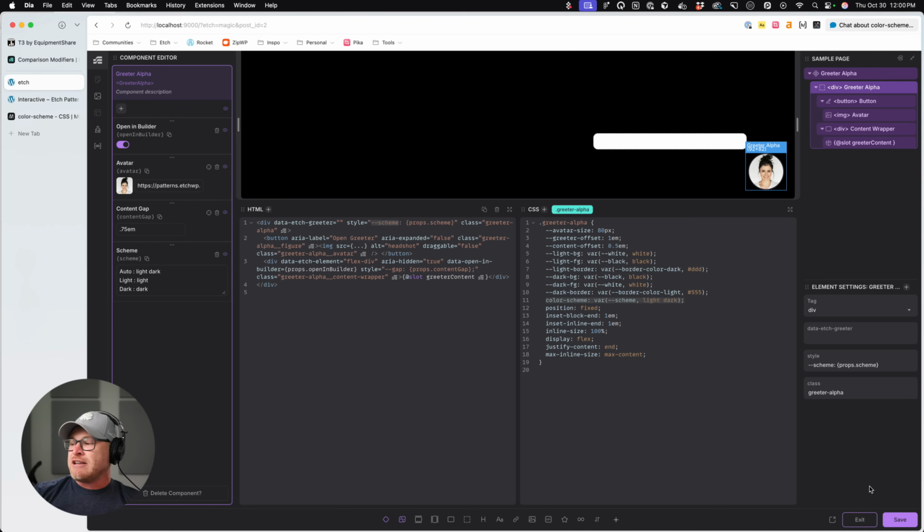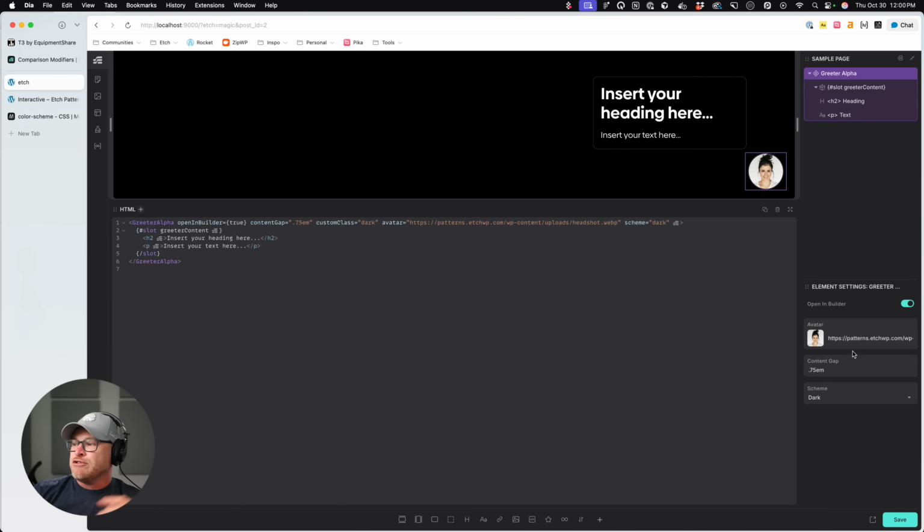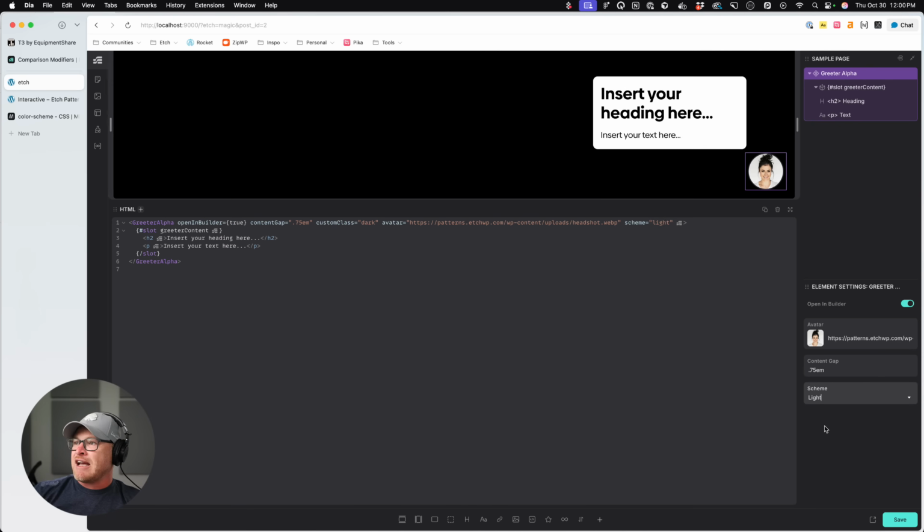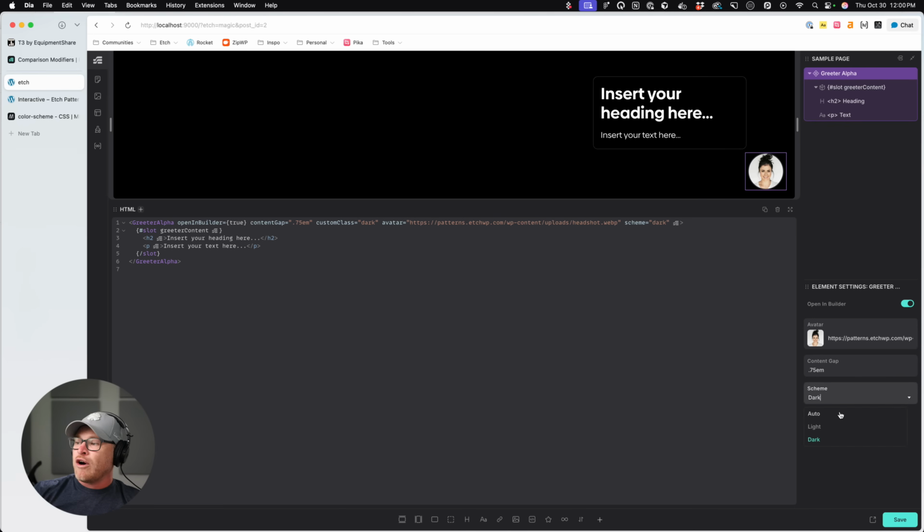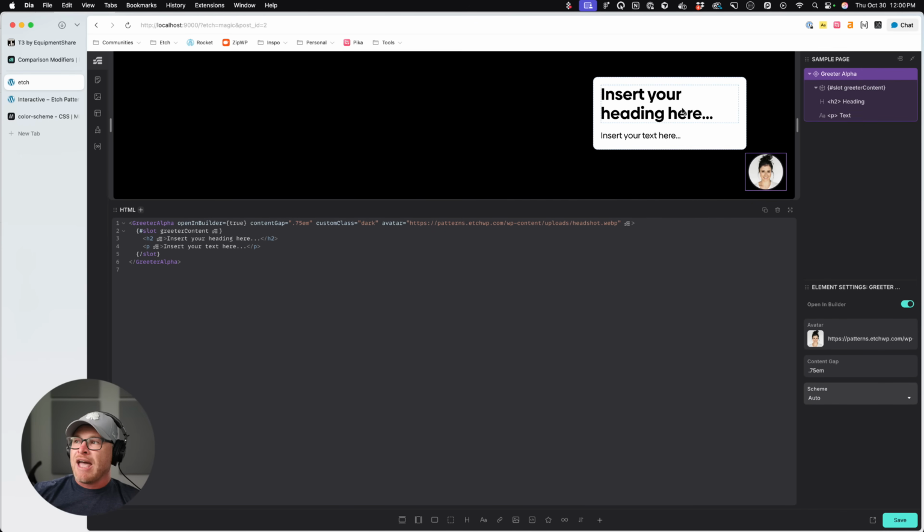Essentially, without JavaScript, because we're just using a select prop, I made a switch for the user to be able to come in and say, I want the light version, or I want the dark version, or maybe we just go auto, and whatever the user preference is, that's what they're going to see. Of course you could do this to your entire site, but being able to do it at the component level is amazing.